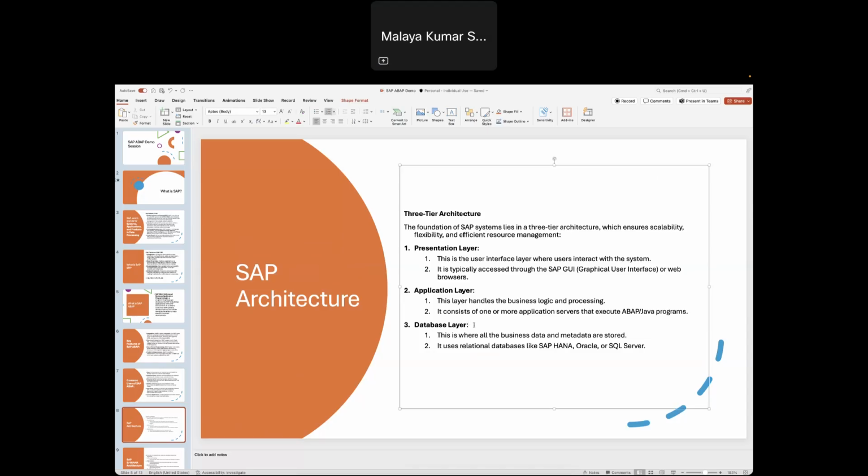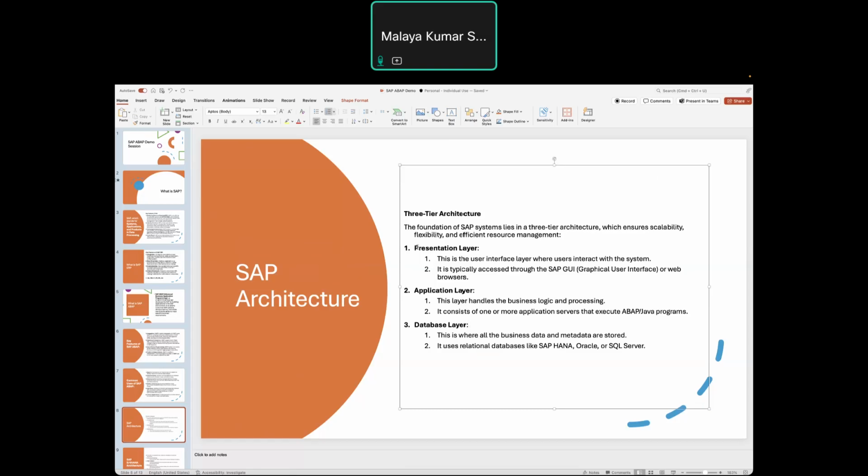If I take an example of your system, your laptop, what you are doing, what I'm doing here. So that is my presentation. What command I give and where it will be processed, that will be my application layer. And where I will save this PPT, that will be my database layer. It's saved in my database.